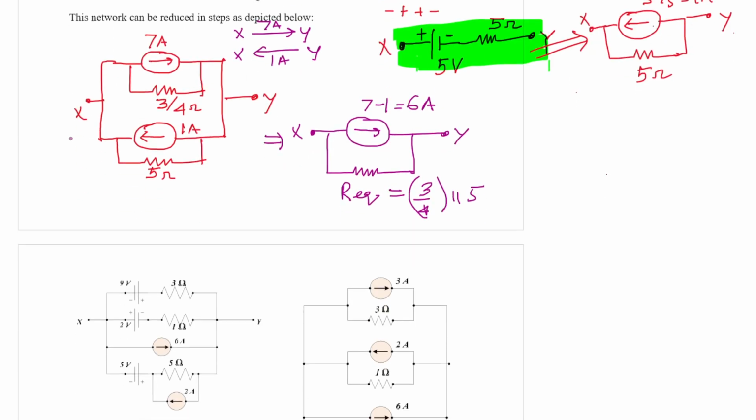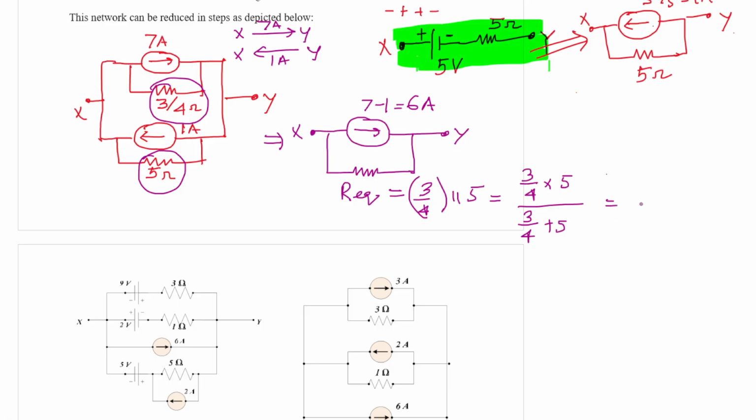Because across the terminals X and Y, this 3/4 ohm resistor and this 5 ohm resistor are connected in parallel. So if you solve (3/4 × 5) divided by (3/4 + 5),